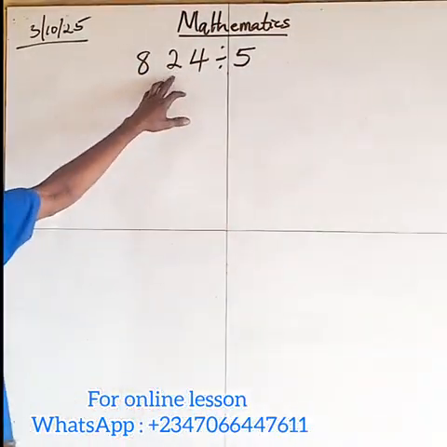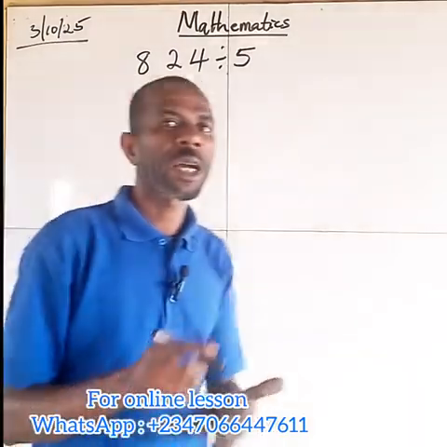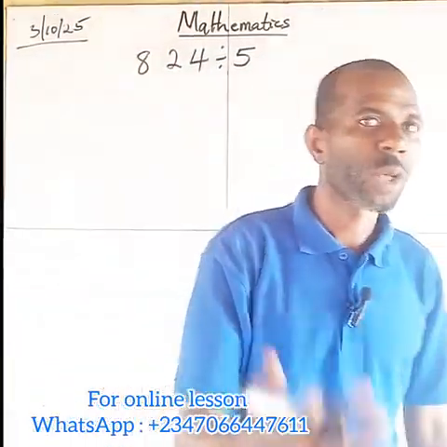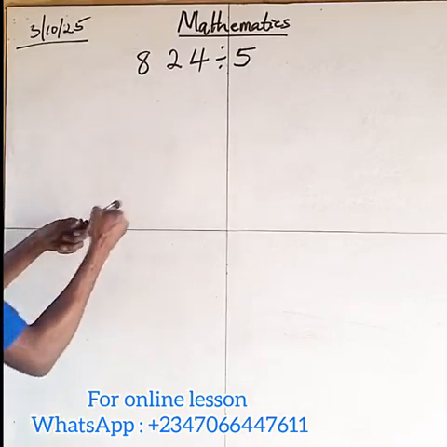So in this kind of division, there is going to be a remainder. Okay. Now, if there is a remainder, you can keep it or you can decide to go into decimal. Now, let me show you how we carry out the long division method. So here, we are going to place